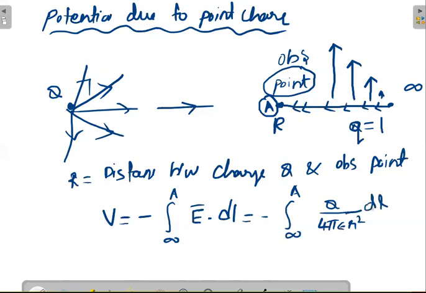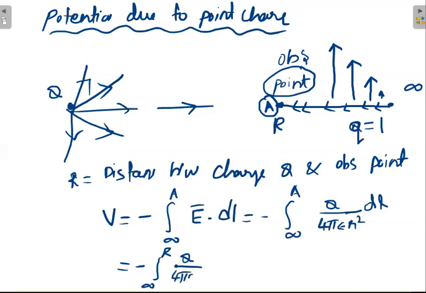Okay, now the integration of 1 by r square into dl. What happens once we do that integration from minus infinity to point A, where the position of point A is r? At point A, the distance from the point charge is r, and this is Q divided by